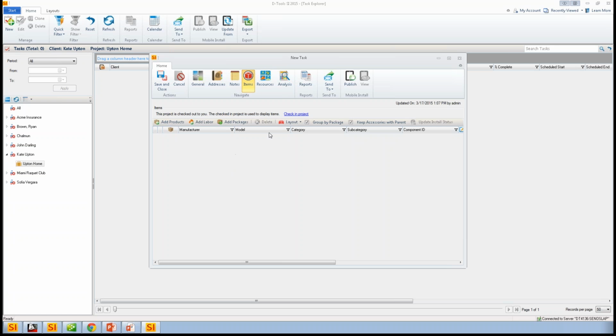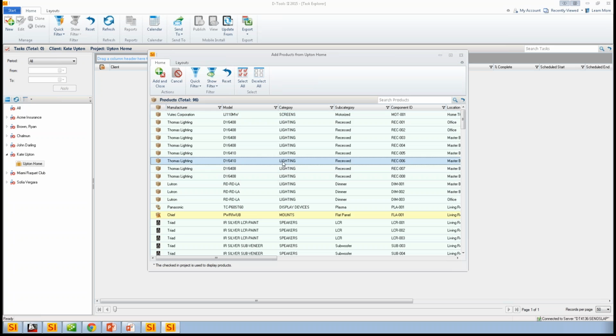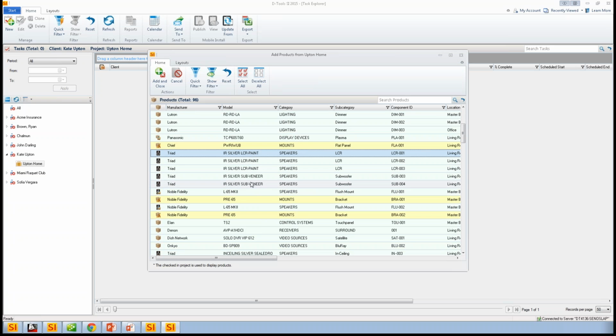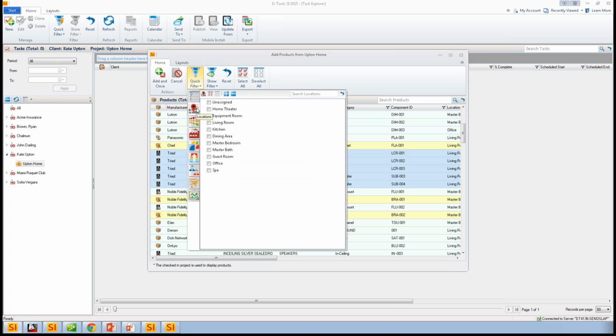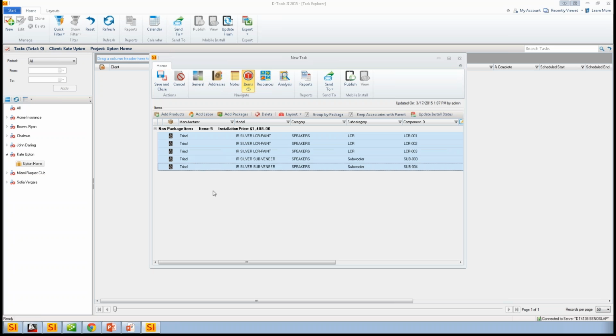So let me see. I'm going to go ahead and check in my project real quick here and add products. And I'm just going to pick a few things to add here. Nothing too fancy. I'm just going to select these. Now, of course, when you're adding products here, you can quick filter if you're looking for a particular location or system or even phase to narrow down what you want to add to this task here. So what we'll do is we're picking items from the project that we want to assign to resources, to your installers. So what we call resources are